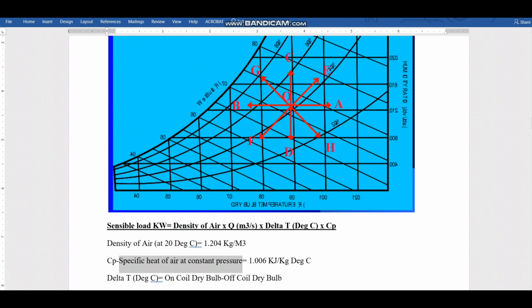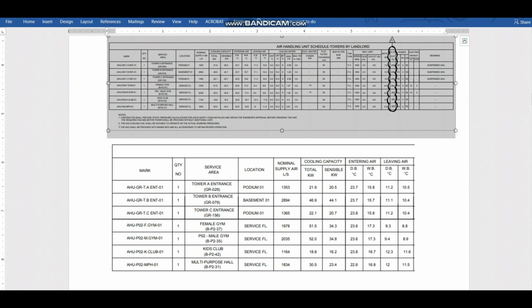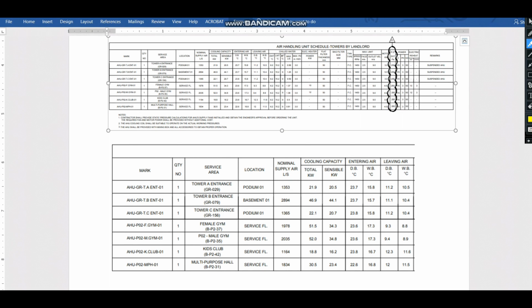So the first one, density of air. The density of air at 20 degrees Celsius is 1.204 kilogram per meter cube. Then Cp, the specific heat of air, is 1.006 kilojoule per kilogram degree Celsius. Then delta T, on-coil dry bulb minus off-coil dry bulb. So first, for this project, on-coil dry bulb, for example, if you see here in this schedule, this point,